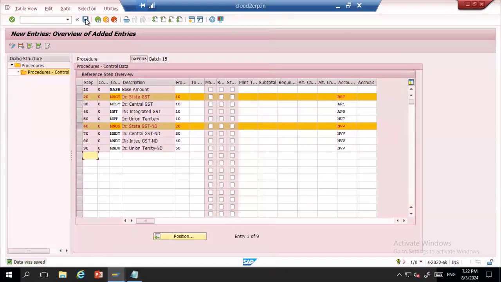Based on this, the system is going to calculate the tax that we maintain in the tax code, and it is going to fetch the tax percentage into this pricing procedure. And if you sell this material to another person and you're getting the tax back, then your non-deductible taxes are going to nullify your tax from this. That is the reason we maintain it like this from 20, 30, 40, 50. Whenever you are getting a refund of tax or state GST, it should always consider this condition type. So this is how you need to configure the tax procedure. Any questions here?